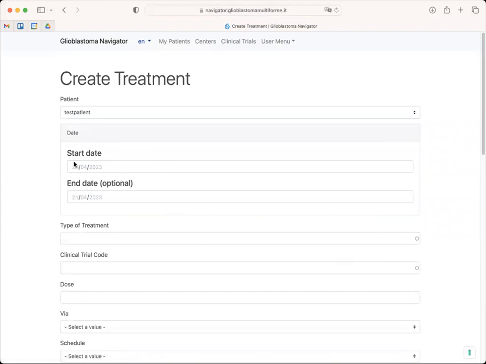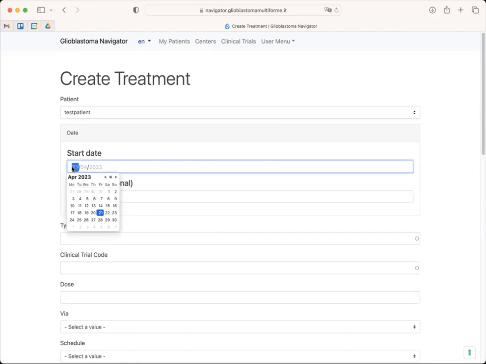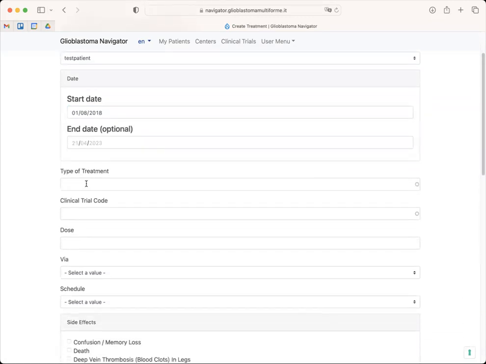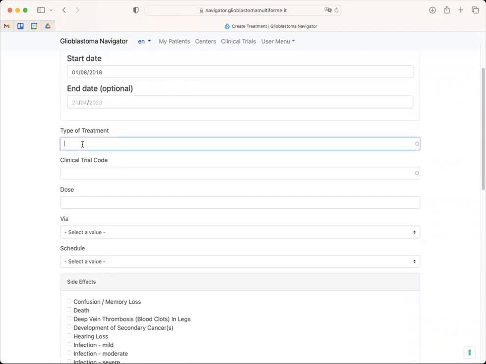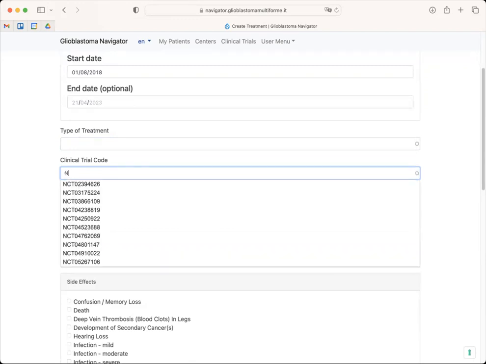Again, you can select the start date, or the treatment can be, for example, in August 2018, and I can simply specify the kind of treatment, or add the specific clinical trial. Each clinical trial has a code. You can select any of the codes inserted by the system,